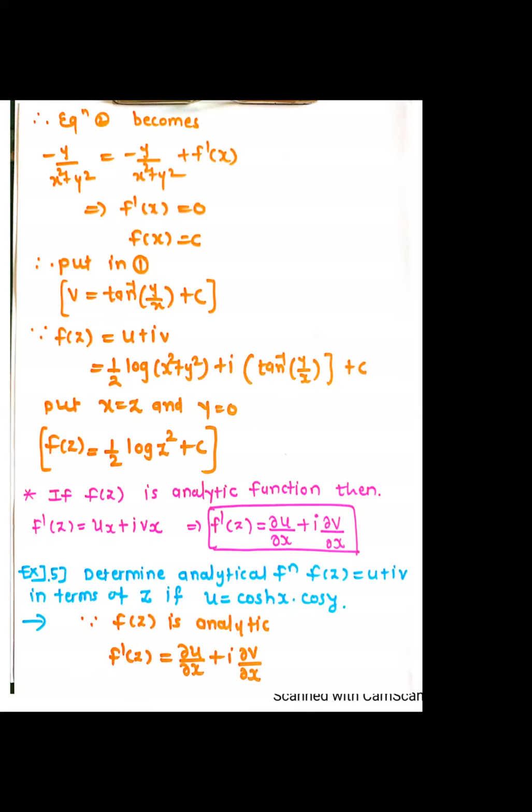Now see, u is given. आधी हे बघा. u given means we can find ∂u/∂x. We can also find ∂u/∂y, but here the term is ∂v/∂x. But we can write ∂v/∂x as minus ∂u/∂y, because what is our second Cauchy-Riemann equation? uy equals minus vx. This implies what? vx equals minus uy.